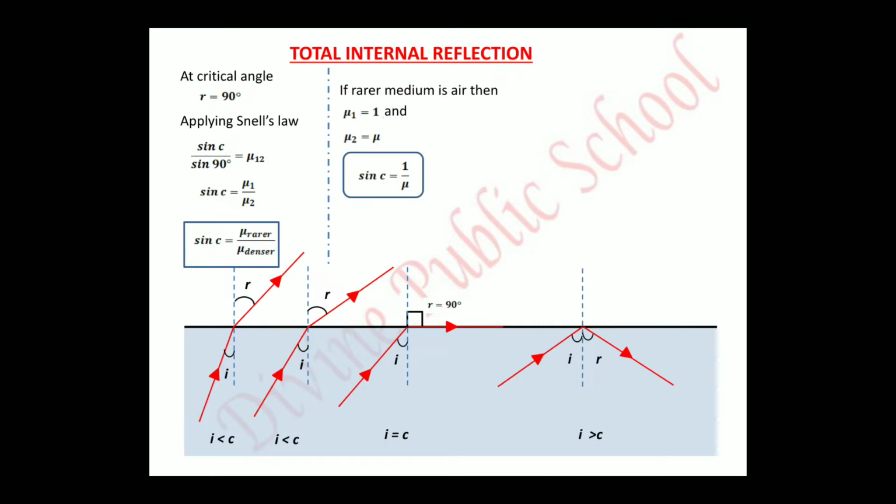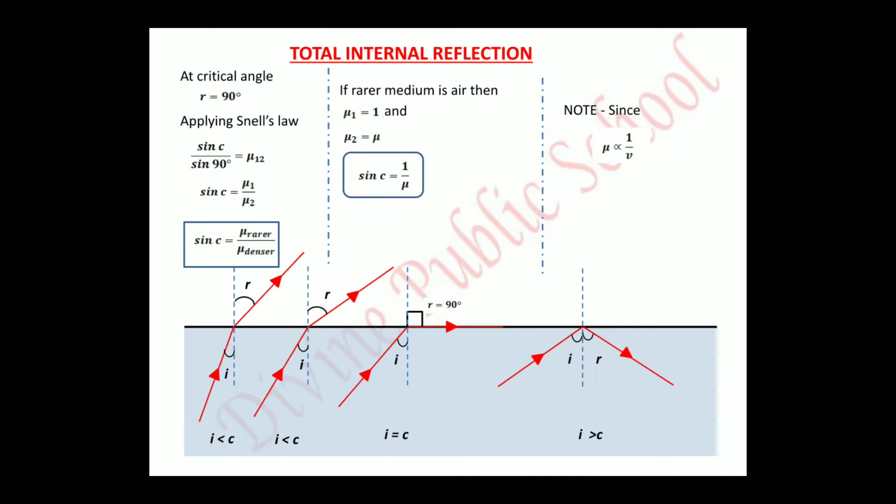One more very important point we must remember. And what is that point? We know that mu is inversely proportional to the velocity of light in the medium. We all know the definition, mu is equal to C upon V, so from there we can write mu is inversely proportional to V. It means if in a medium the velocity of light is less, the refractive index of that medium will be high. And if in a medium the velocity of light is less, we say that medium is optically dense.